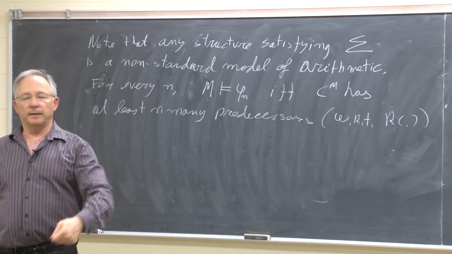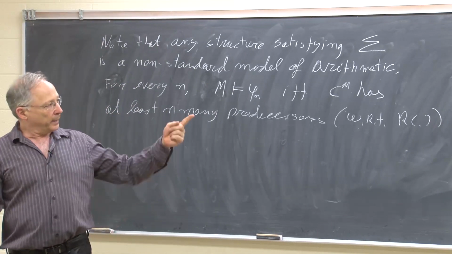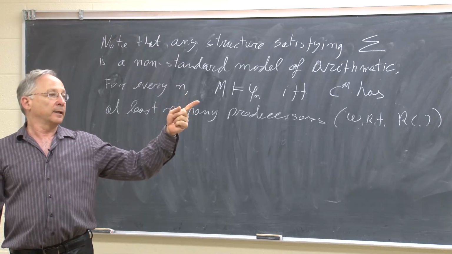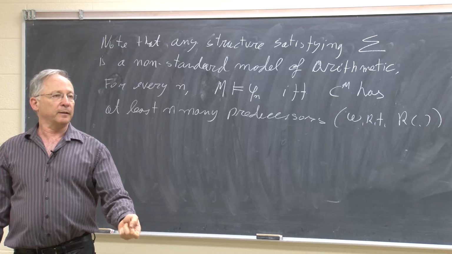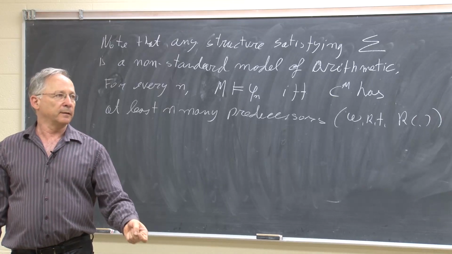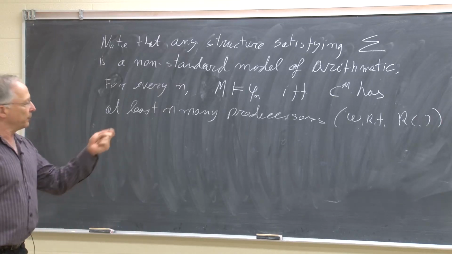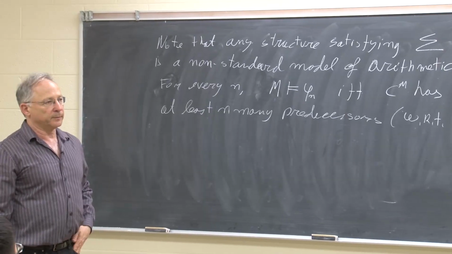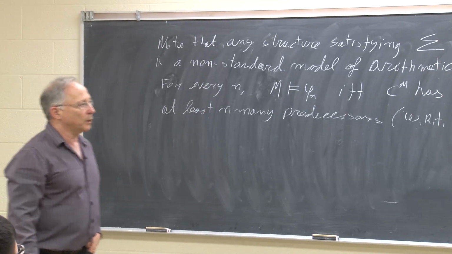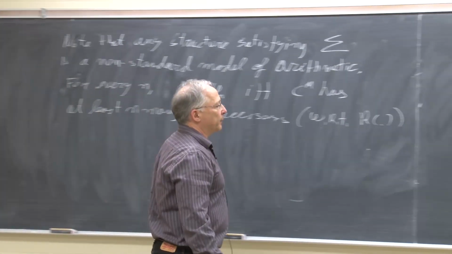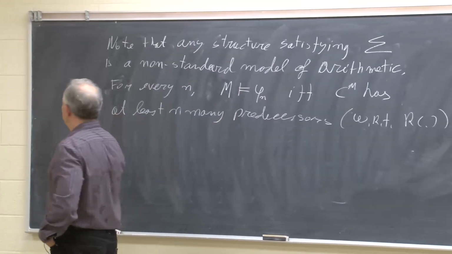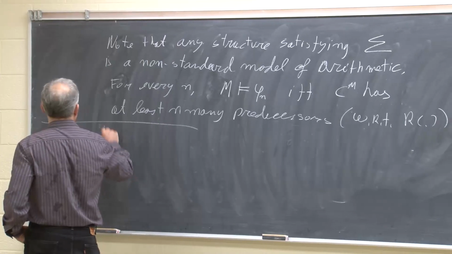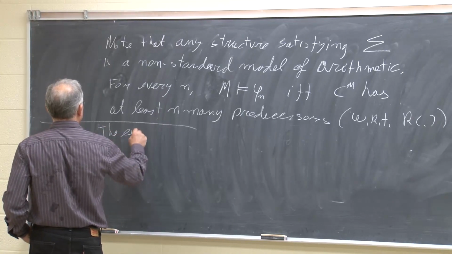The structure has an interpretation for every symbol. Our language L prime has this constant symbol C. In the structure, there will be an interpretation for this constant symbol C, and this interpretation will have infinitely many predecessors. So now to show that a non-standard model of arithmetic exists, it suffices,